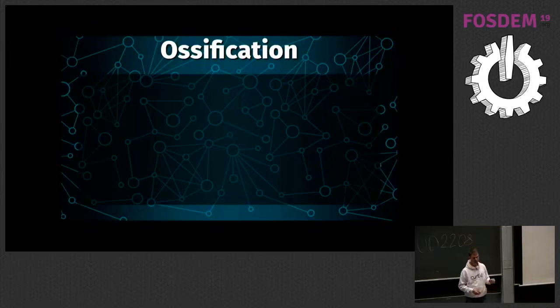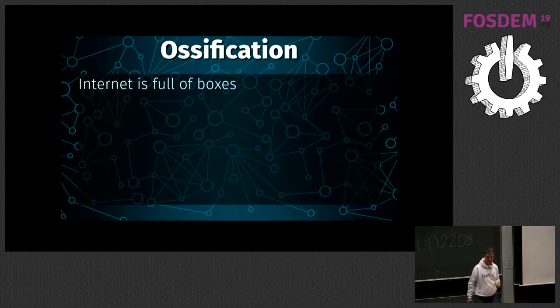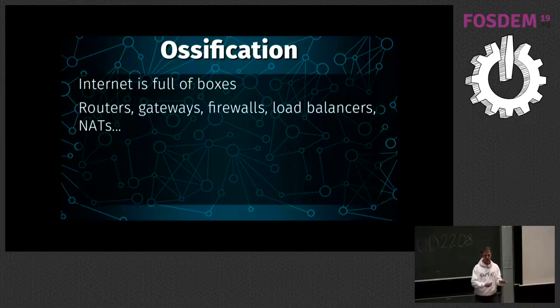At the same time, we have an internet that has developed this habit, or should I say, a pattern that we call ossification, which basically means that everything we do on the internet, it gets stuck the way we introduce them. Over time, we can't change anything anymore, because the internet is full of boxes. If you didn't know, it's a lot of boxes. And they're all this sort of boxes. I mean, routers, gateways, load balancers, NATs, home broadband things, and whatever, all those little boxes between you and the server in the other end. There are a lot of boxes.